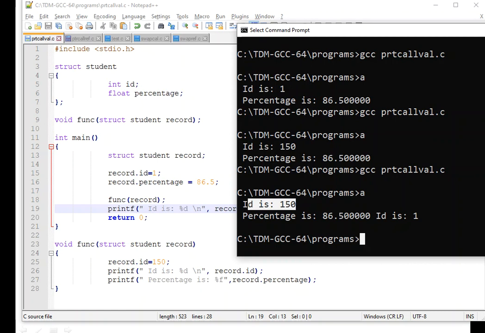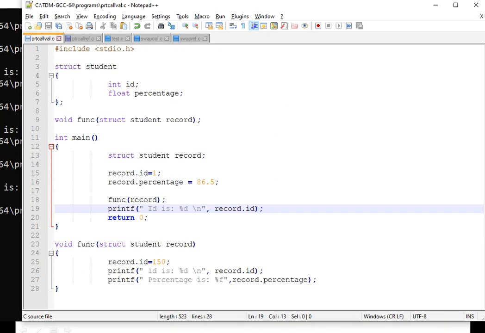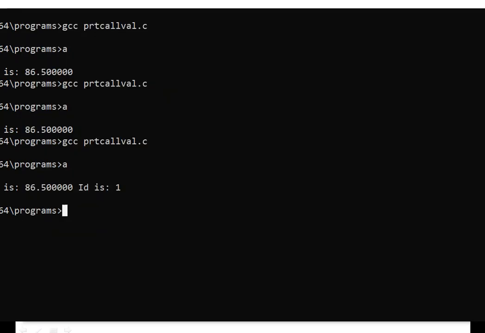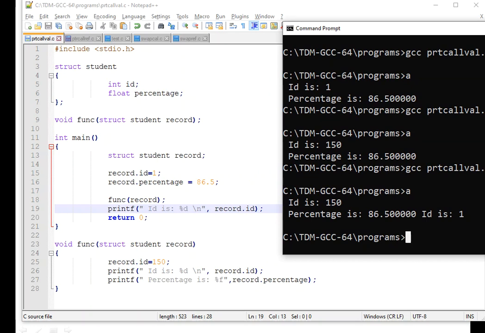In the main function it is printing the value as only 1. That is, it is updated within the function definition, that is with the formal argument. It is not disturbing the actual argument, right?